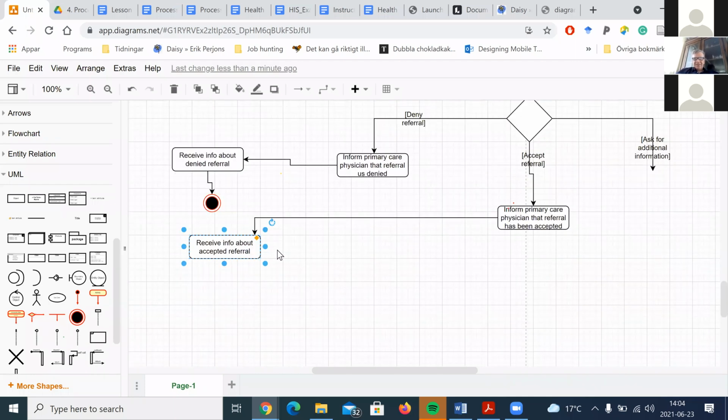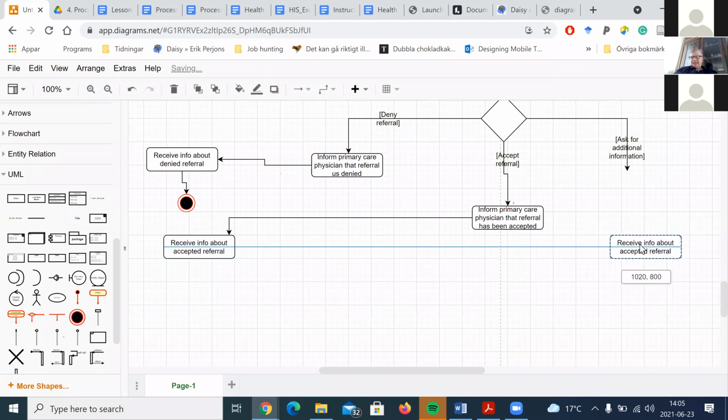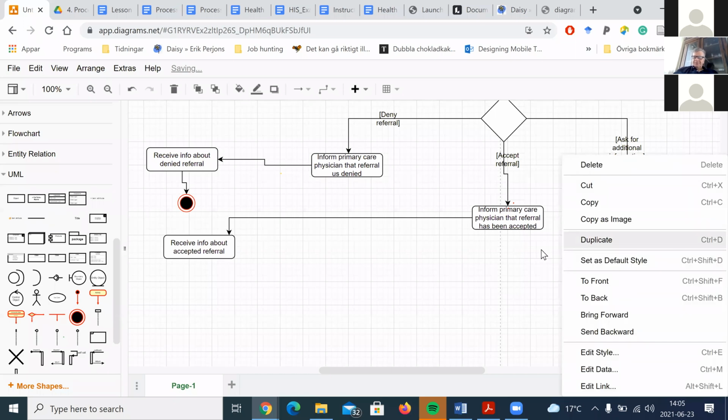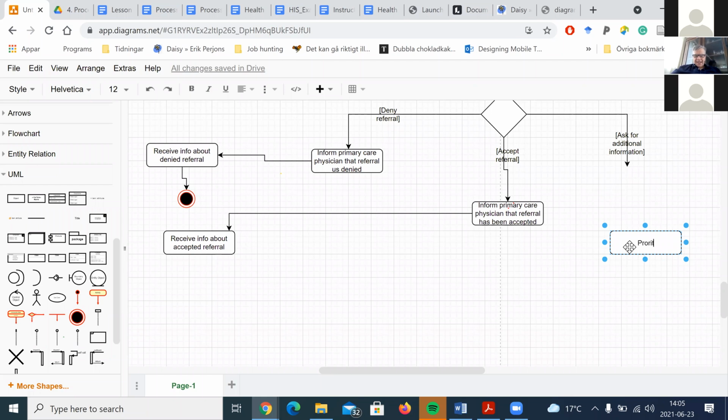Okay, so now the doctor received this information, and after that this group of experts will meet and prioritize the referral. And the idea here is that the physician decides if this is an emergency case where you want to help the patient immediately and ask the patient to come over, or if you can wait one month. So it works in Sweden. You have three options. Either you are called directly because it's an emergency, you are losing your sight,